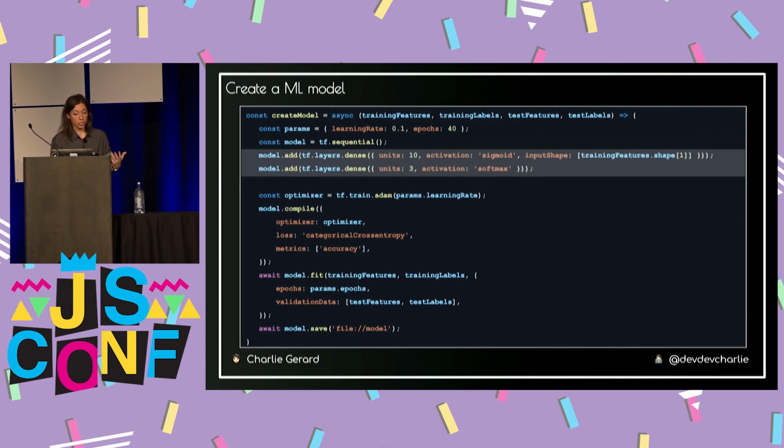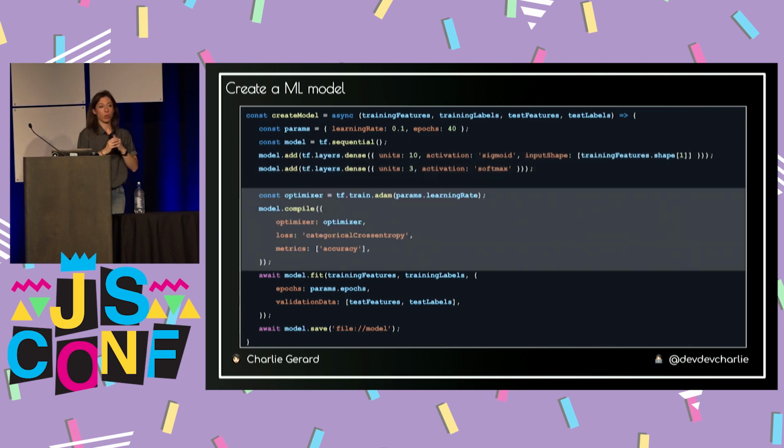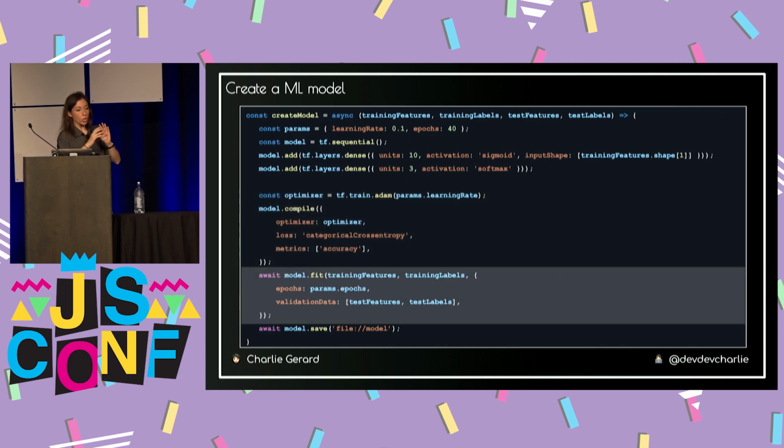Just before fitting the model, before launching the training, you have to pass a few different parameters: the optimizer that you want to pick, the metrics that you want to track, and things like that. If you want to create your own, you could copy and paste, but you could also play around with different features and see what makes your accuracy better. Then, once we have that, we fit our training features and training labels inside our model. Epochs is just going to be the number of steps for the training, and the validation data is our test features that we're going to validate against.